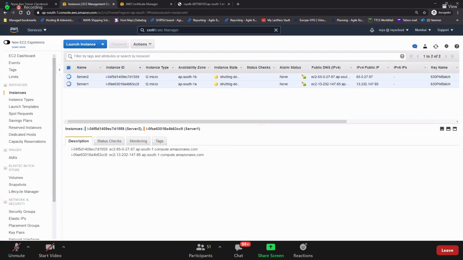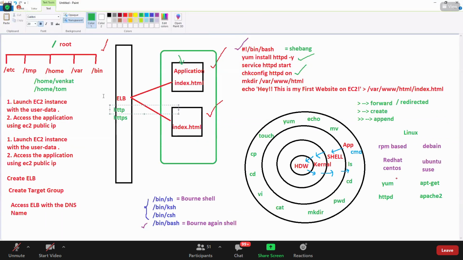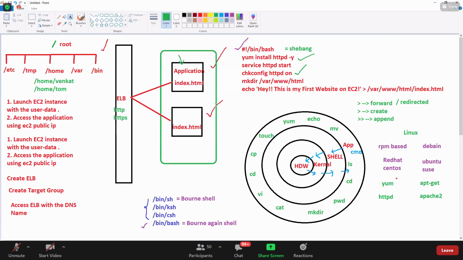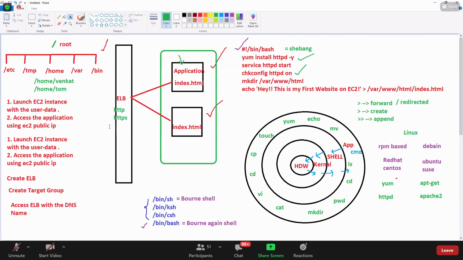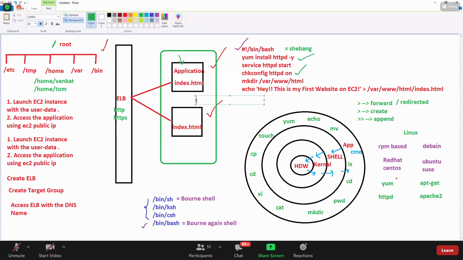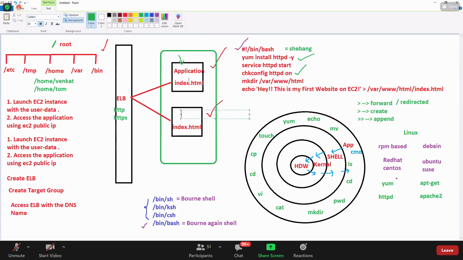So guys, what we do tomorrow is, if you terminate these 2 EC2 instances, your ELB will not work. So how to make this always work? What is the next concept we'll be talking about? How to make your website always work, so that we don't have an empty target group with no EC2 instances?